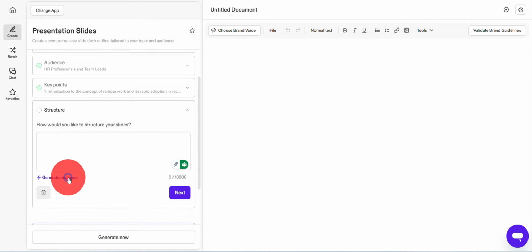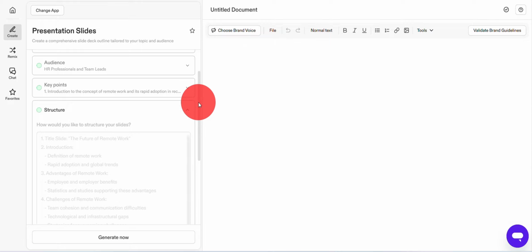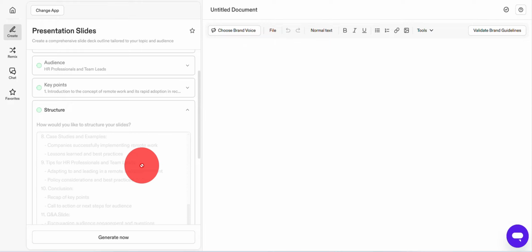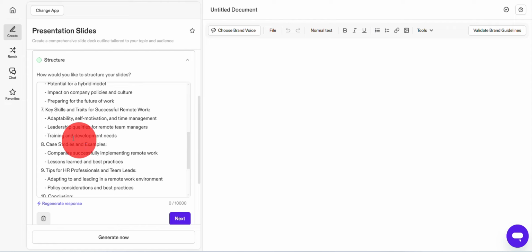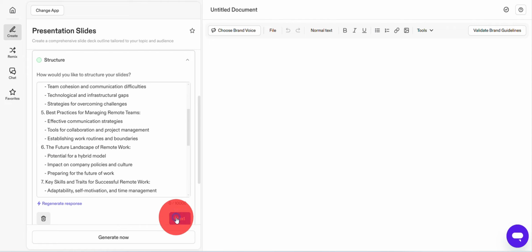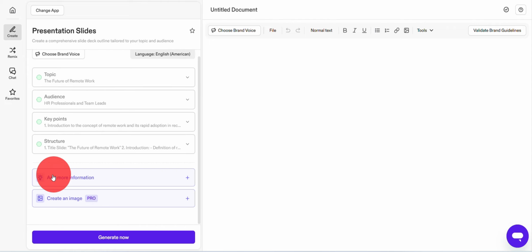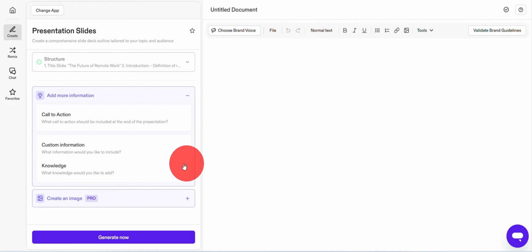From the structure, I can just generate a response. So everything would be structured by AI. Every single point is from AI, and click on the Next button. I can add more information as a call to action, or I can just click on the Generate Now button,